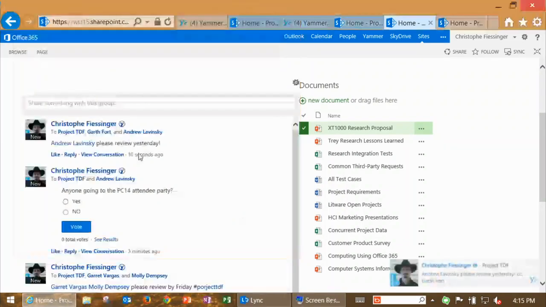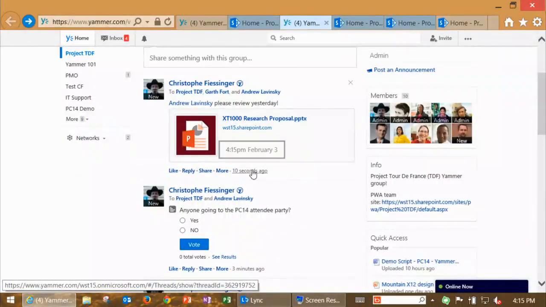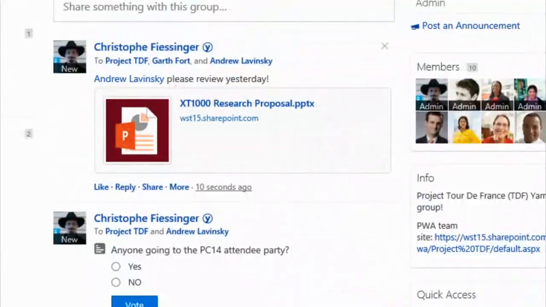So what this does is, you can see here I've started a conversation. I can show it to you here also in Yammer, right? The document I just put in is right there. The idea, back to what I was saying, is that it's great to have a beautiful deliverable. In this case, it looks like some research document. But what's more important is, what was the consensus on that document? Whether it's a beautiful presentation, or a budget where you're working on a budget proposal for the next fiscal year, let's say you're in IT, what did you ask last year of the CEO? Did you say a 5% increase on your ERP maintenance cost? Did you ask for an extra budget to go to the cloud? And you're capturing that conversation.